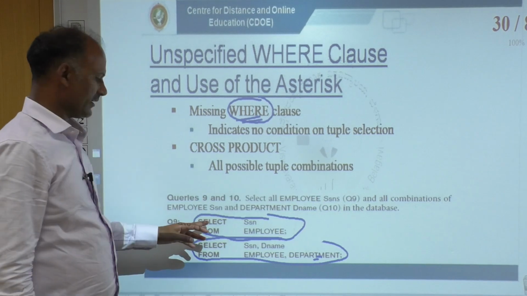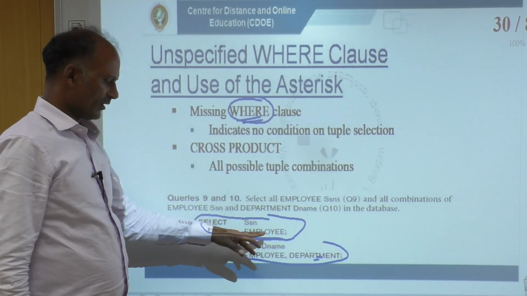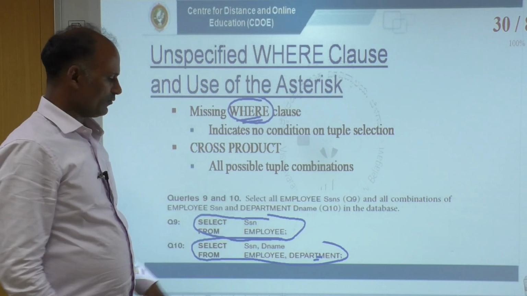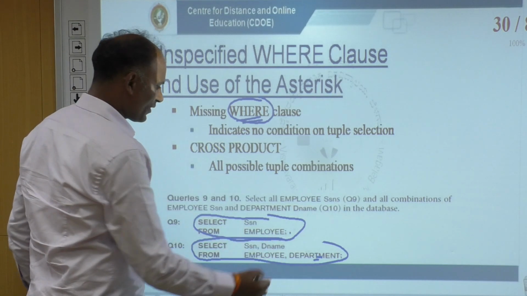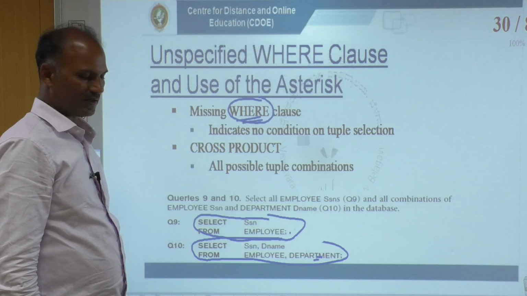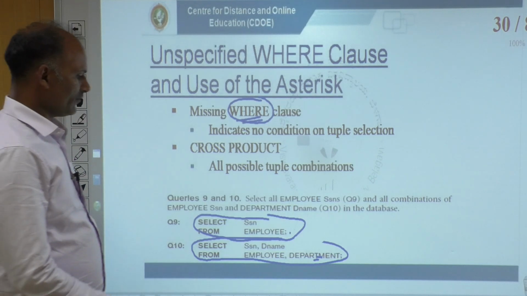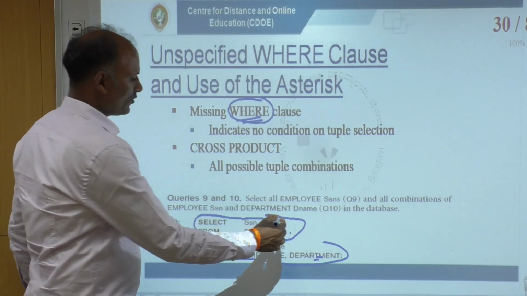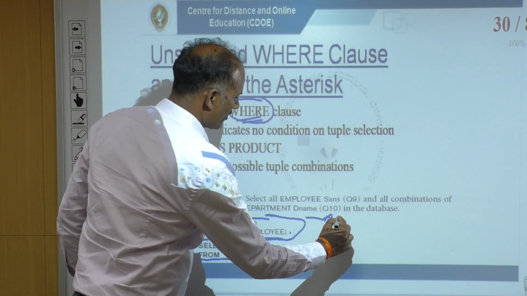In the select, you can specify one table or more than one table, with or without where clause. So, if you write an SQL statement without where clause, it is going to display all the records